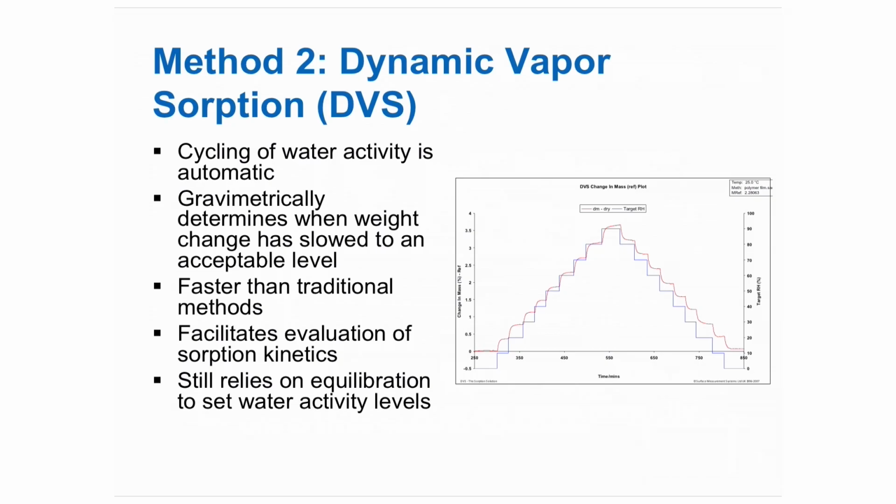So inside of a controlled atmosphere chamber, you have a weight or a scale that's tracking weight changes for the material. So you expose it to a given humidity condition, whatever pre-selected value that is, and then the scale tracks the weight change of the product until that weight stops changing by some preset level that triggers and identifies that equilibrium has occurred. And then it would automatically step up to the next humidity level as it's been set and repeat the process, and so forth, until you get many, many data points